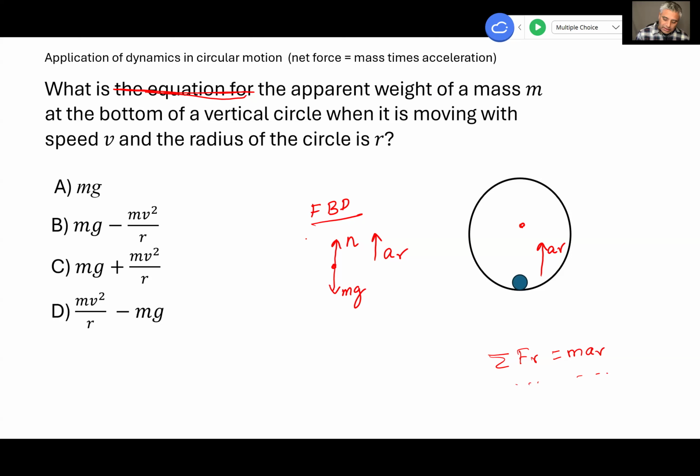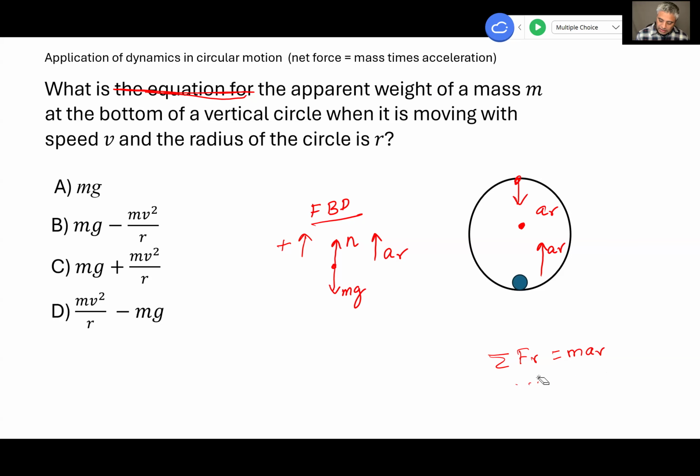So because of that, let's choose up as positive in this case. When this was down, we chose down as positive because the acceleration points towards the center, remember, always. So we chose down as positive, the same as the direction of acceleration. If the object is here, then the acceleration is going to point this way, so you want to choose this way as positive, and so on. So that's how it works. Okay, so with that,